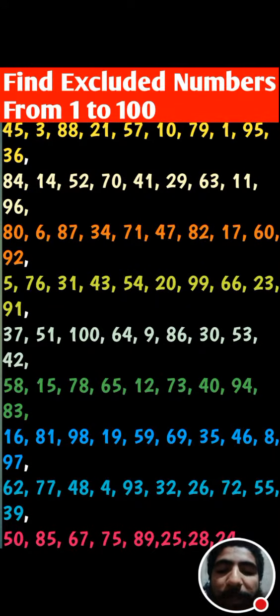I am making a list that I will show after reaching 100. So far the missing numbers are 2, 7, 13, 18,